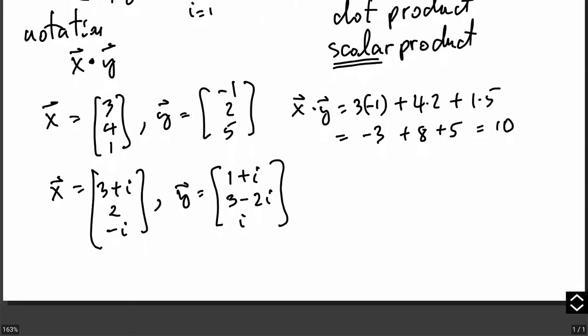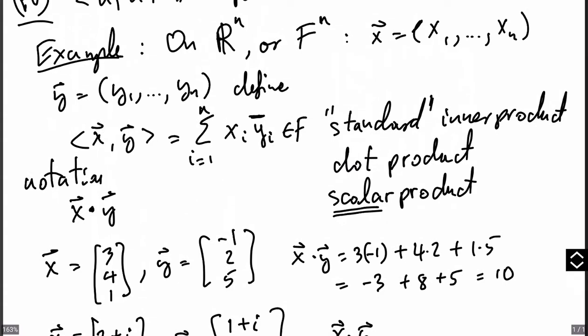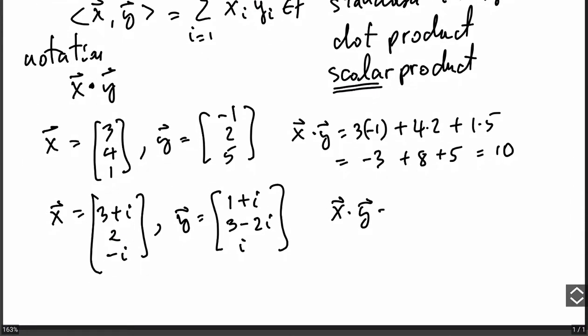And then for the dot product, in this case it's important that we take the conjugate of the second argument. So that would be 3 plus i multiplied together with 1 minus i, the conjugate of the one entry in the y vector, plus 2 times the conjugate of 3 minus 2i, that will be 3 plus 2i,